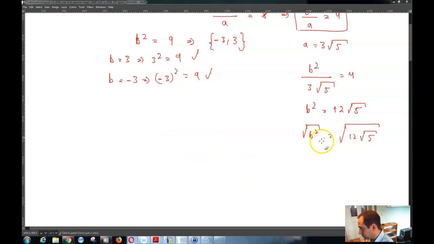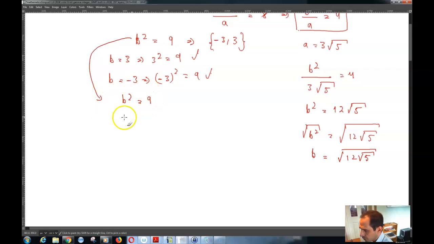So over here we said that basically our b is equal to the square root of 12 square root of 5. Now let's suppose that I have this equation over here, b squared is equal to 9, and I want to find out what b is. So what I need to do is take the square root of both sides of this equation in order to get rid of the second power of b here, because I want to get to b. So the square root of b squared is equal to the square root of 9. And so if I just simplify the square root function with the second power of b, I'd get b is